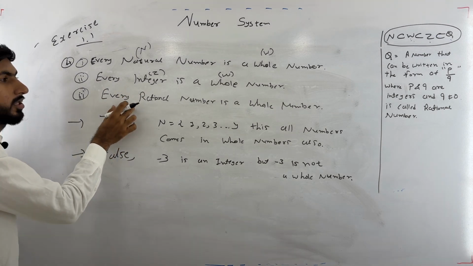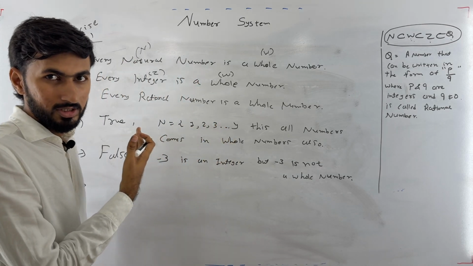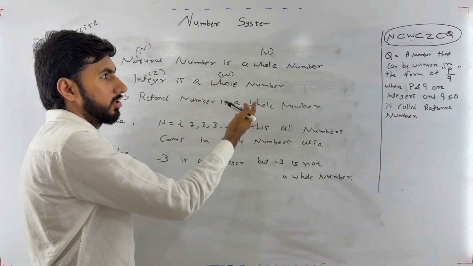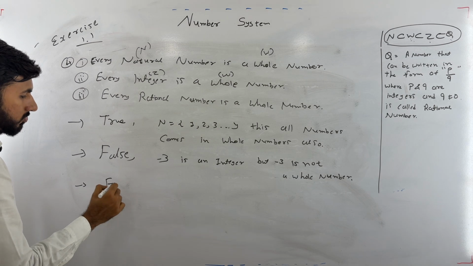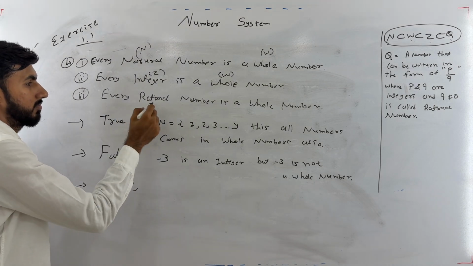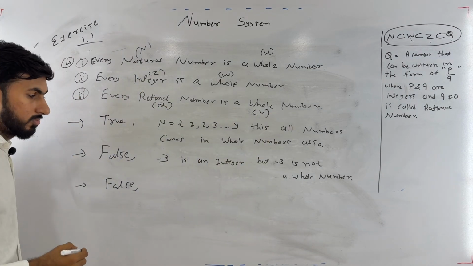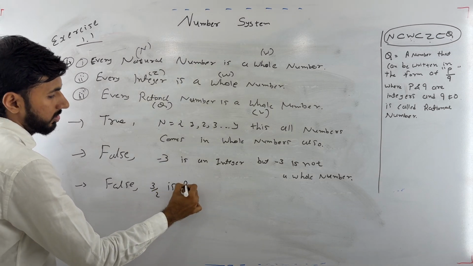Now the third is, every rational number is a whole number. It is like saying that every person living in India also lives in Ayodhya district. That is false. We also know that. Obviously, now we have to give an example that is a rational number but not a whole number. You can write that 3/2 is a rational number,